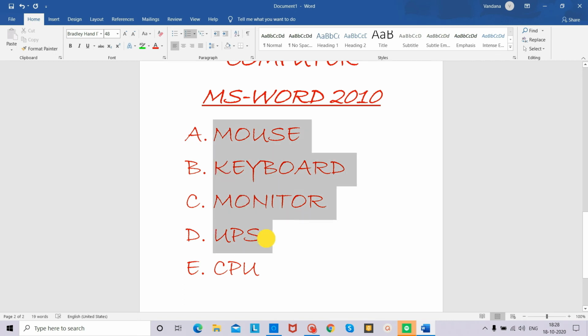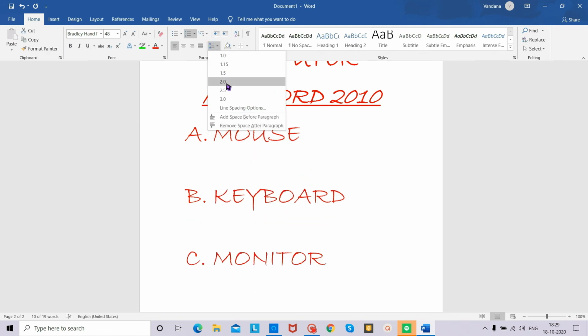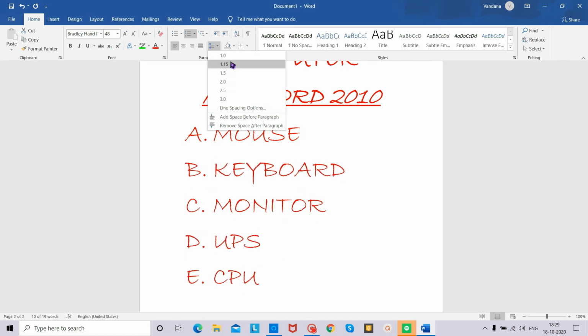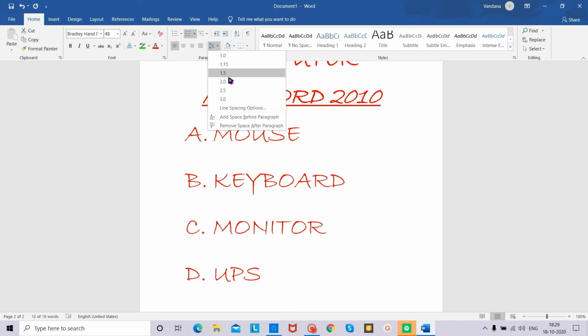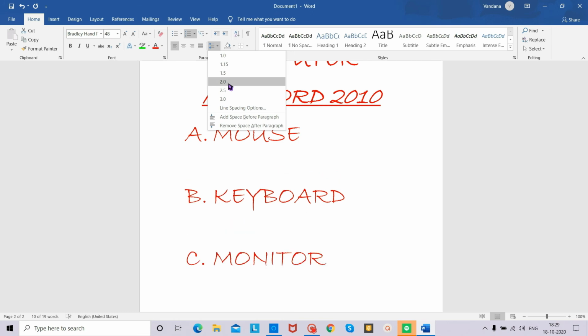I will select my text, then go to the Home tab in the Paragraph group. I can choose the different line spacing options given. As per your choice, you can choose any of the line spacing options and make your text according to your need.